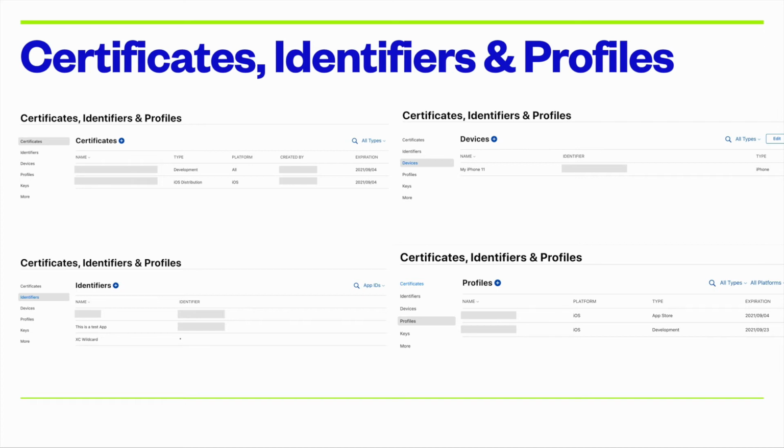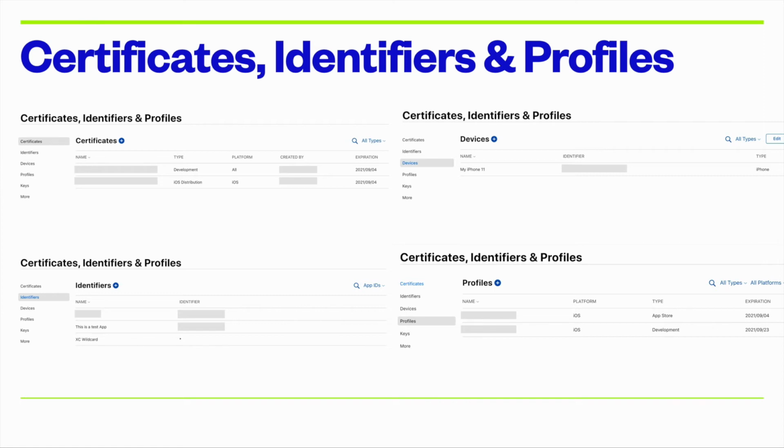As you can see, in the case of certificates, you'll be able to create a development certificate or a distribution certificate. As the name indicates, development certificates can only be used to sign applications that you're going to run on your test devices or distribute internally among your team, whereas distribution certificates are used to sign and export apps that you will be distributing to TestFlight or App Store.